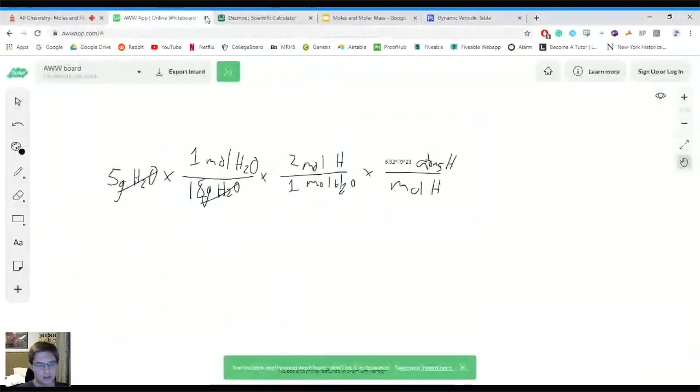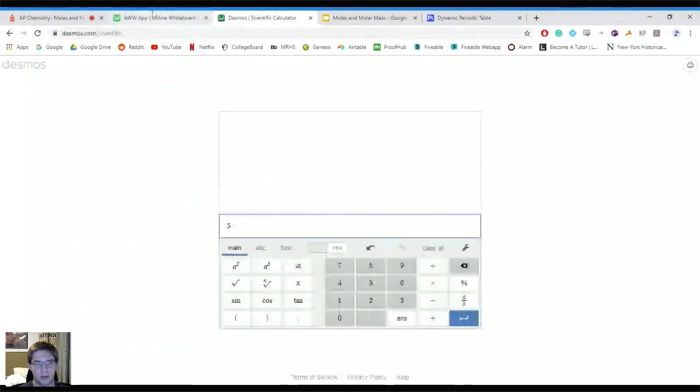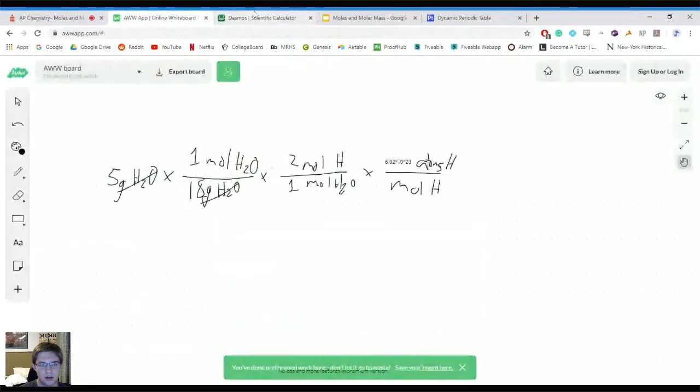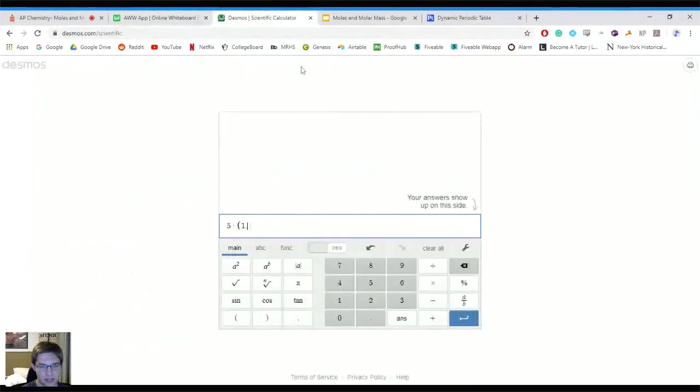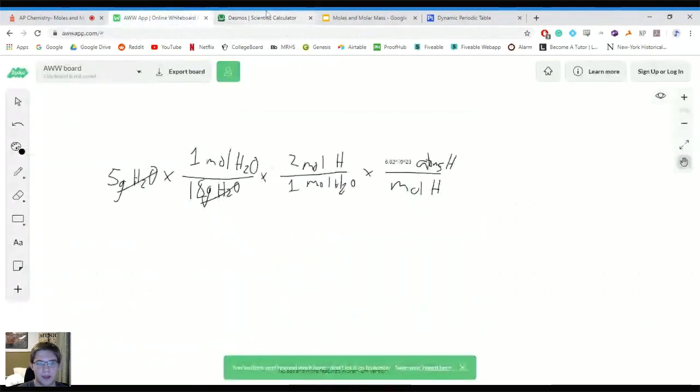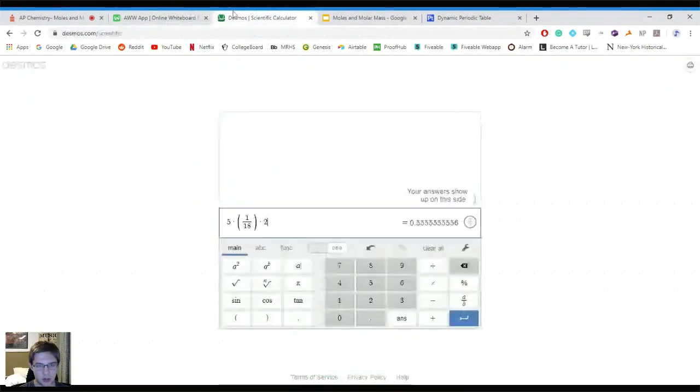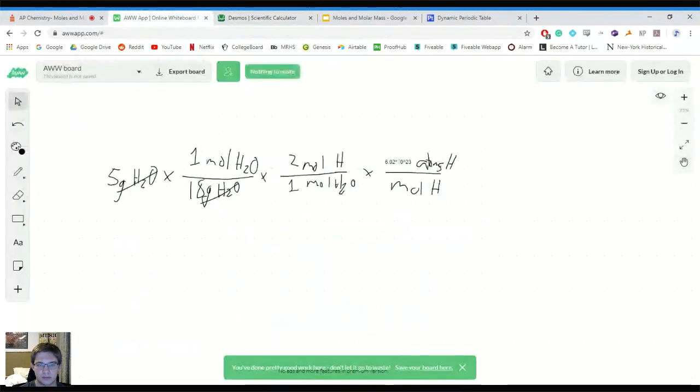So you're going to start with 5, right? When you're just putting in numbers, you're going to multiply by 1 over 18, right? Then you're going to again multiply that by 2 over 1, and then multiply that again by 6.02 times 10 to the 23rd. And so we get our answer to be 3.444444 times 10 to the 23rd, which you would then,